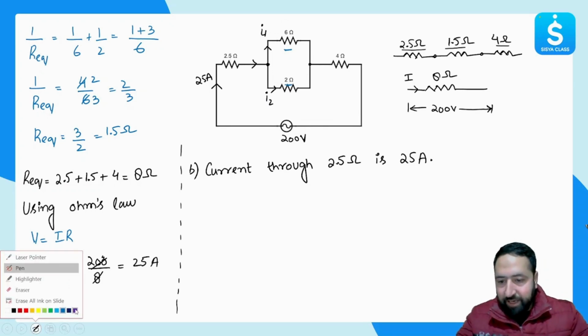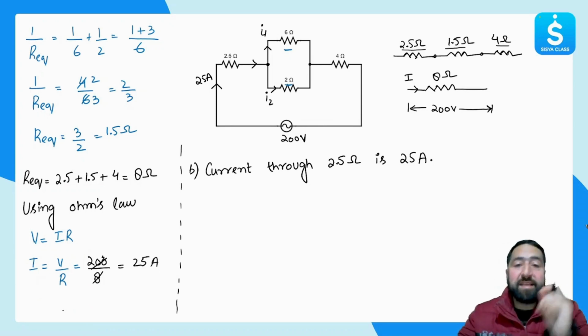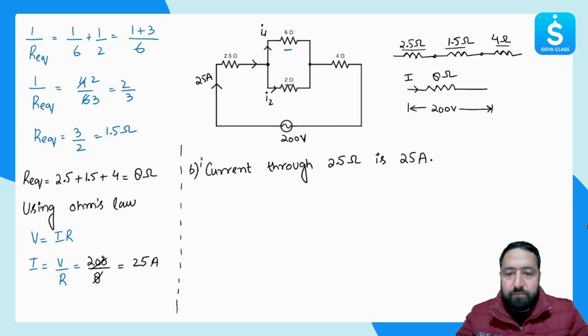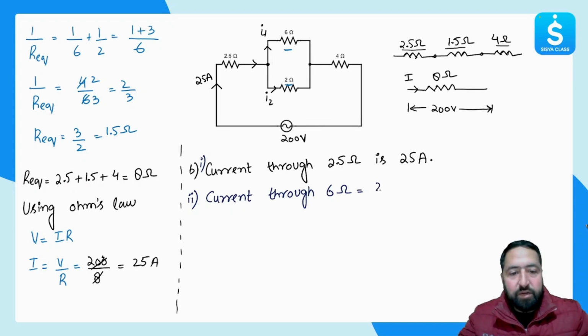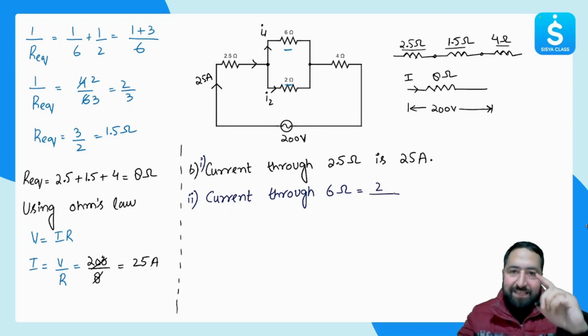I will tell you a trick. Using that trick, it will be very easy for you to find the current through these two resistors. Let us see. Let me first find the current through the 6 ohm resistor. I have kept it as I1. First you write the opposite resistance. Now we are finding the current through 6 ohm, so the opposite resistance is 2 ohm. So I will write 2 divided by